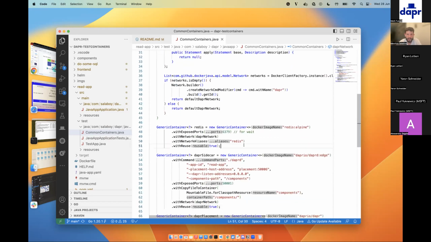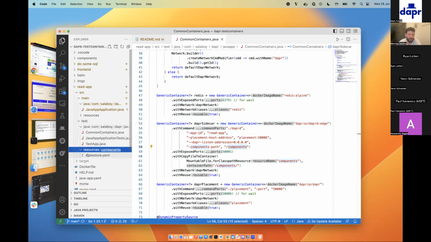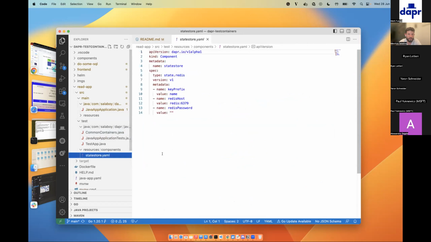And then basically I define that I want to start Redis. I will be using Redis for PubSub and for the state store API. And then for my application, in this case, the read application, I want to start Daprd right beside my application. And I'm setting the app ID. This is the read application, so that's why we are using that application ID. And then I'm reading my components definition here also from the test resources. And in this case, the read application only needs a state store, right? Again, it's Redis, and I'm using this Redis host that